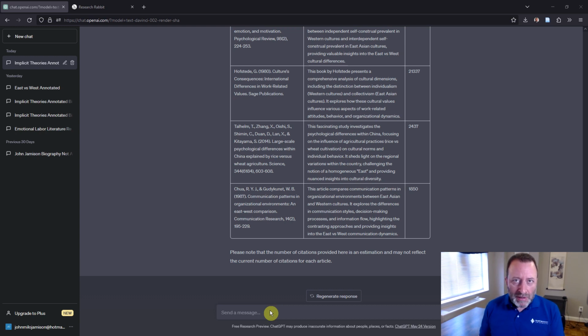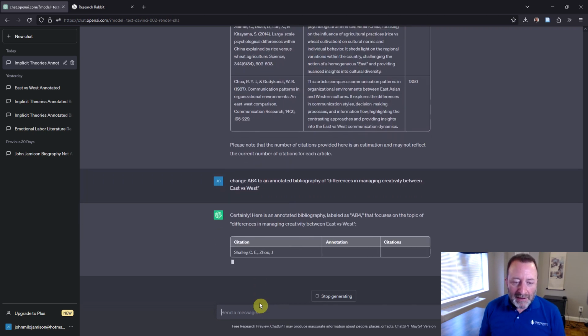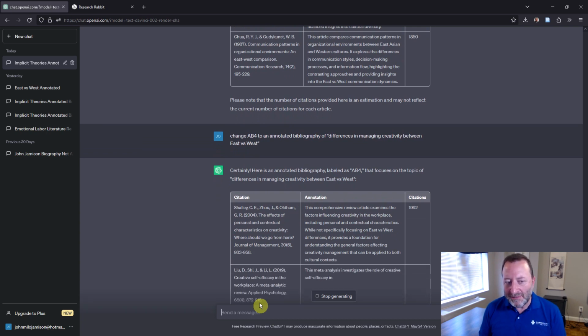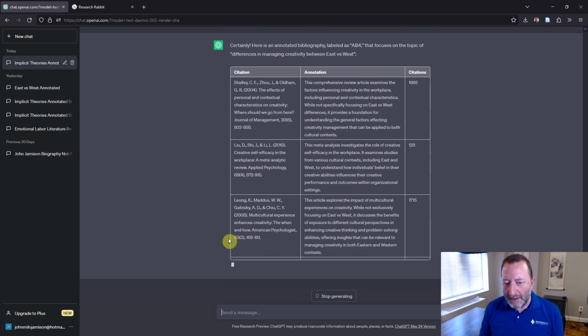Now, if I go into the Encyclopedia of Creativity, they actually do have a section called East versus West, but they've written their entry particularly for the Encyclopedia of Creativity, and they know that East versus West is always in reference to creativity. So how might I convey that to ChatGPT? Simple. I'm going to tell it, change AB4 to an annotated bibliography of, quote, differences in managing creativity between East versus West. And now I'm getting much more targeted